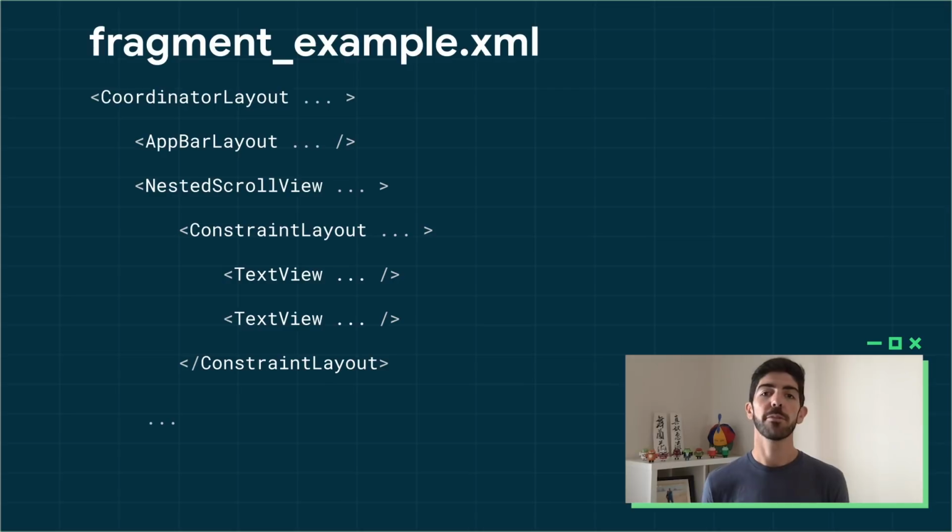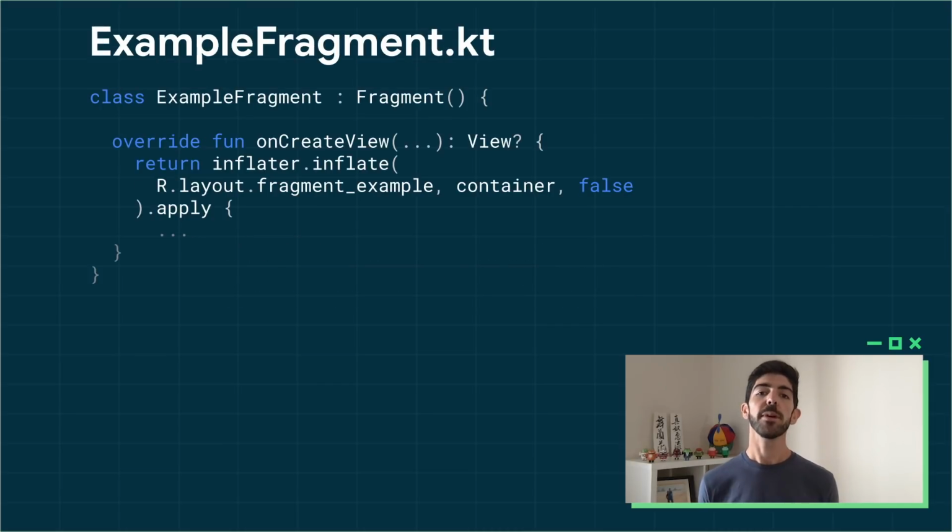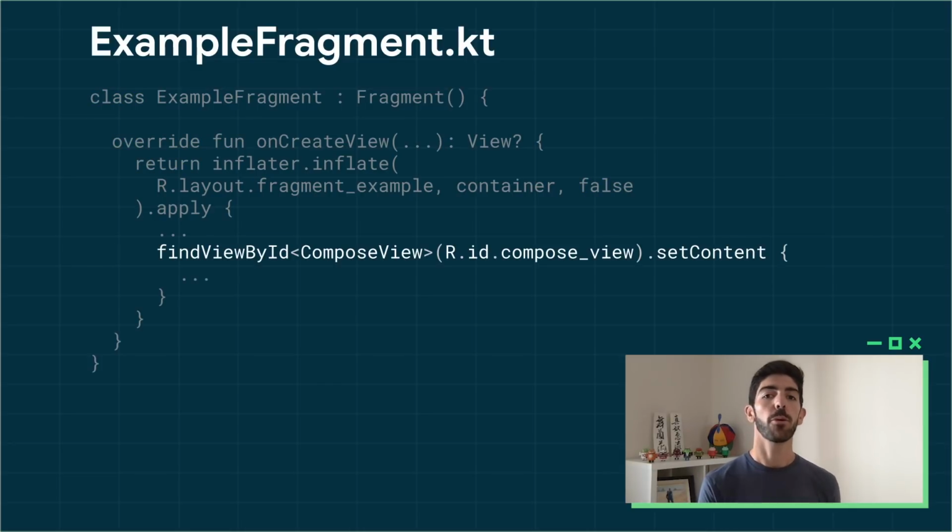Imagine we want to migrate parts of an existing app to Compose. This screen is a fragment with a CoordinatorLayout, AppBarLayout, and ConstraintLayout. Instead of displaying content using views, we want to use Compose instead. We can replace the ConstraintLayout and all content within it with a ComposeView that will host Compose code. In our fragment code, we inflate the layout XML resource, find the ComposeView, call setContent on it, and you're